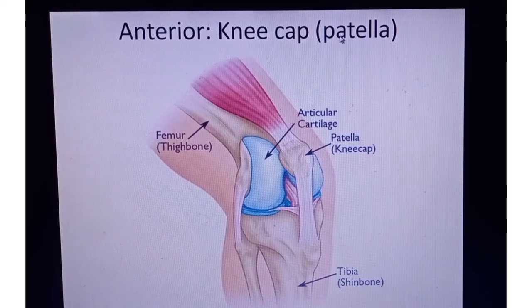What do we call it? We also call it patella. So see here, this is your kneecap or patella. This is your leg, your thigh, then your leg. This is the front part and this is the back part. So this will be known as anterior, right? So patella lies on the anterior side of the leg. That's what we studied, right?